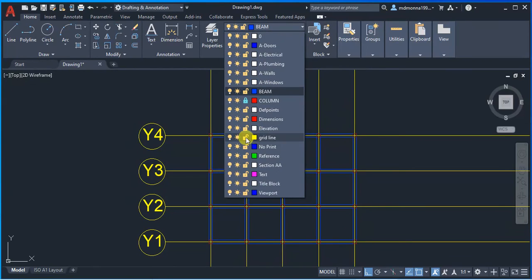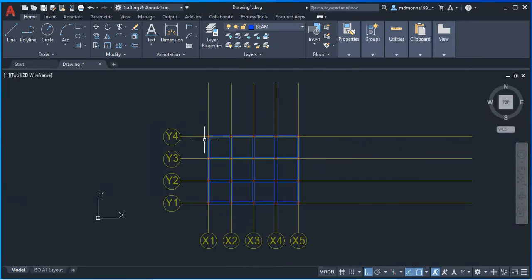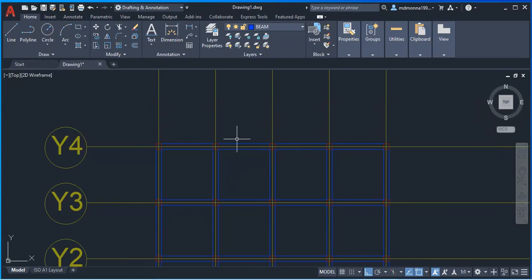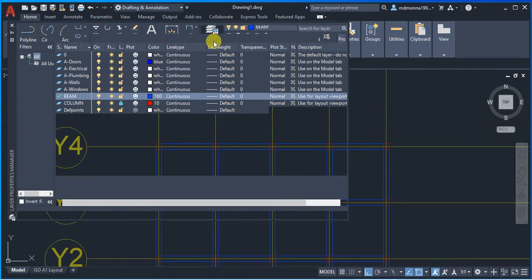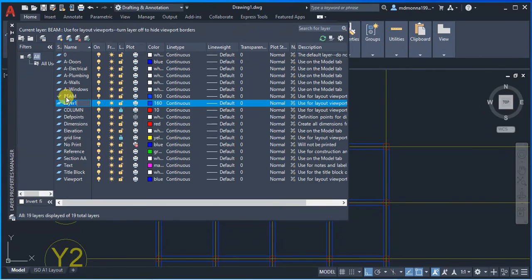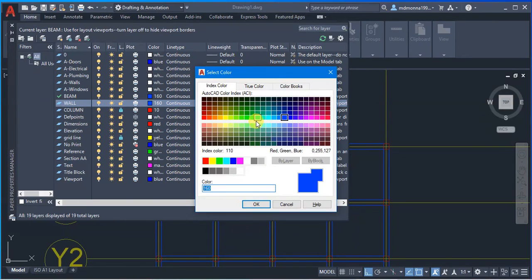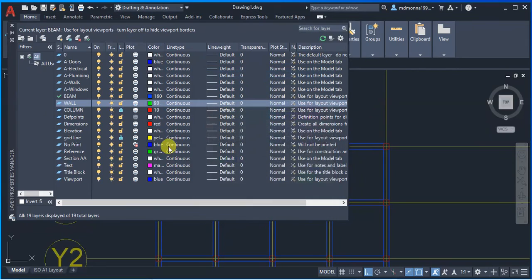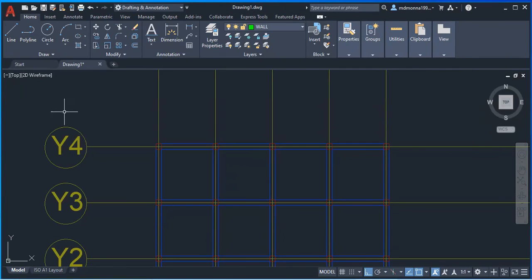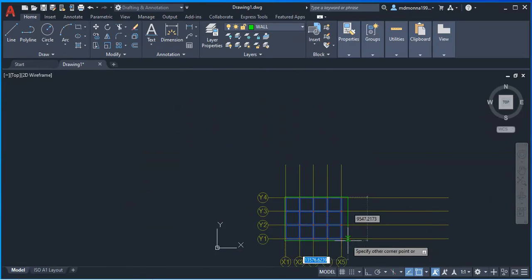So during your shop drawing or during your new drawing, you have to make an individual layer for each individual item. Now if you want to make the wall, you just go there, create a new layer, wall, then you change the color, like you make the green line. Okay, double click the wall, close, then rectangular, select,